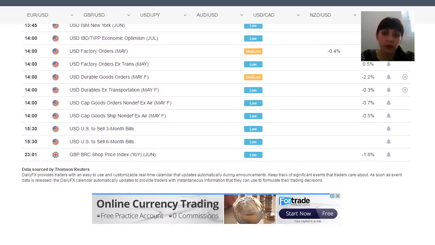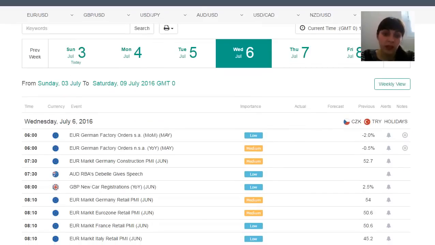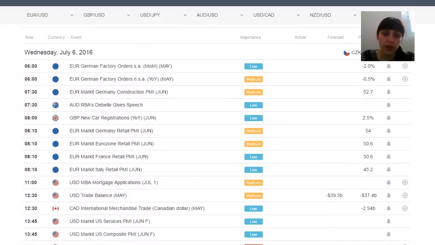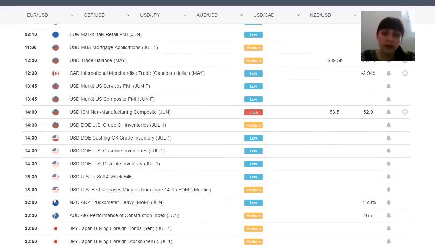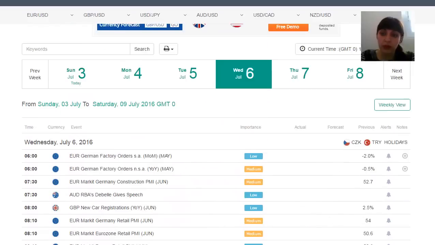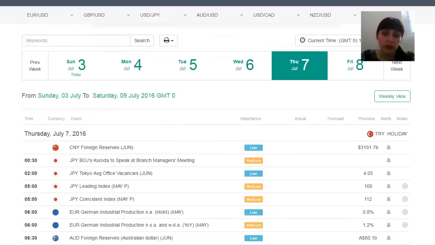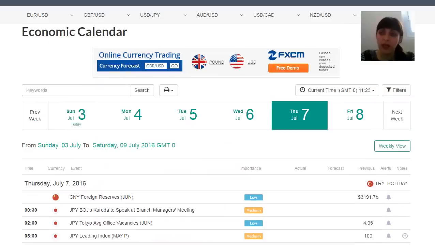And so we have some news for American dollar, right? Okay, Wednesday the 6th. So I would say the 5th, probably, for the pound. Need to mark down that date, 5th July. And what do we have now on Wednesday? A little bit of European, American news again. So we have quite high non-manufacturing. Again, I don't know if I will be trading those news or not. Just see how at least the market will take and react on this news. So Thursday again, we have something for pound, something for American,